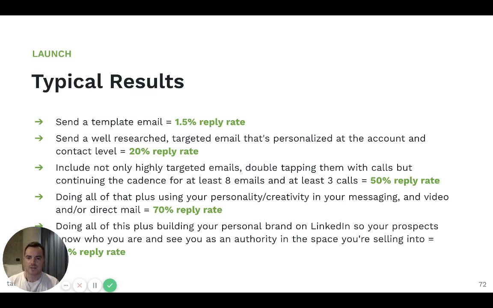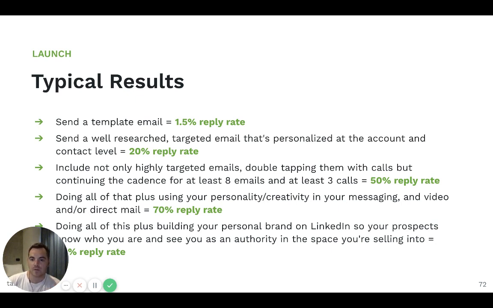So if you just send a templated email, you're going to get a 1.5% reply rate, which is awful. Please don't do this. But if you send a well-researched, targeted email that's personalized at the account and individual level, you're likely to get a 20% reply rate. And that's just email. If you include emails, but also calls, and continue the cadence for 8 emails,